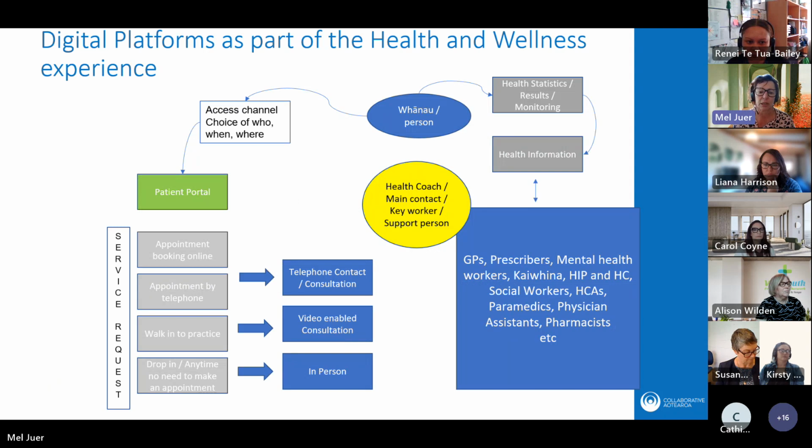This idea of the breadth of technology is well described here in a slide that those of you who have attended Wānanga 1 and 2 would have seen before. It's the patient journey with a technology overlay. It talks of the person that we are supporting, or the community or whānau, being at the center of that journey, with their own health information and access to health monitoring. That might be through some sort of smart device, but it could also be by going to have your blood pressure taken at your pharmacy. So it could be community services supporting that concept. And that person may have some sort of coordinator or key worker or kaiawhina, depending on their needs,